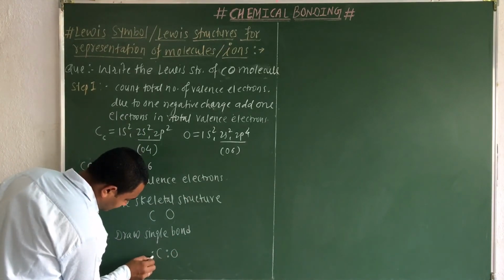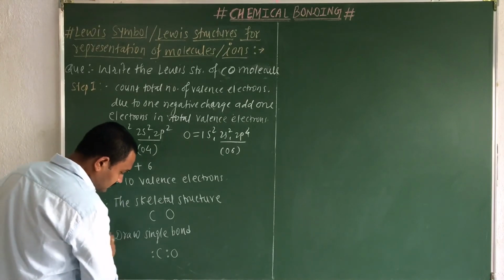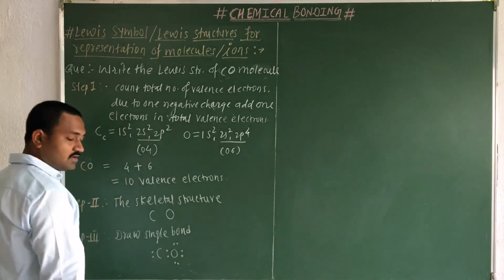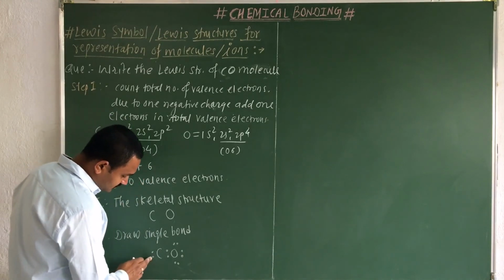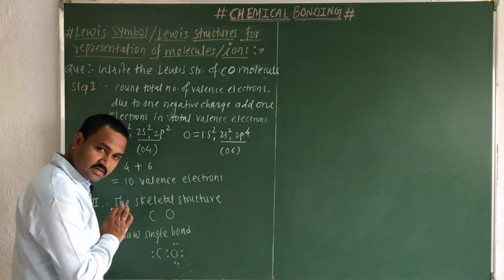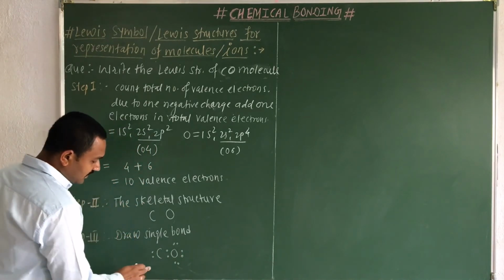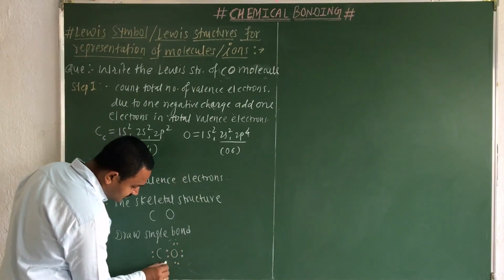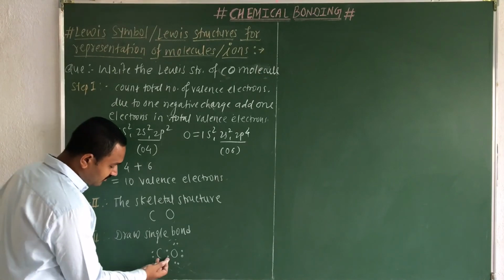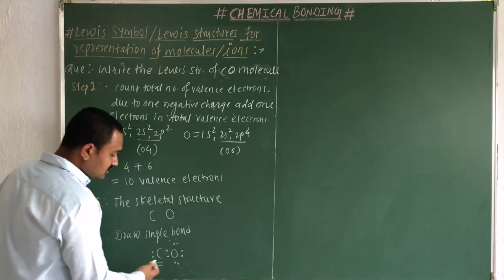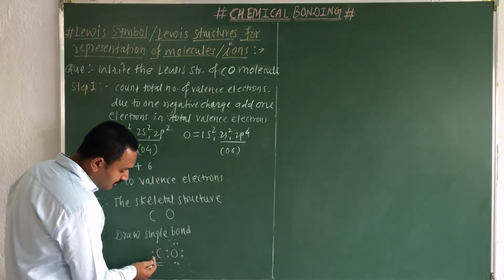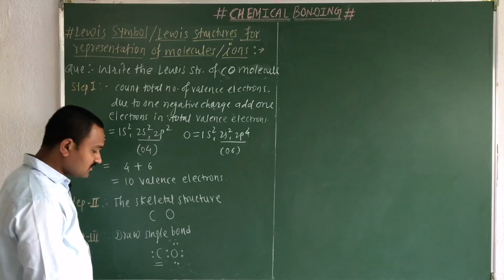So again I have shown 2 electrons here, then 3. So how many electrons in total? 2 plus 2, 4, 6, 8 and 10. But this oxygen atom completes its octet. What about this carbon atom? It does not complete its octet. It will have only 4 valence electrons, so it requires 4 more valence electrons. Now if I consider a triple bond between this carbon and the oxygen atom, it will complete